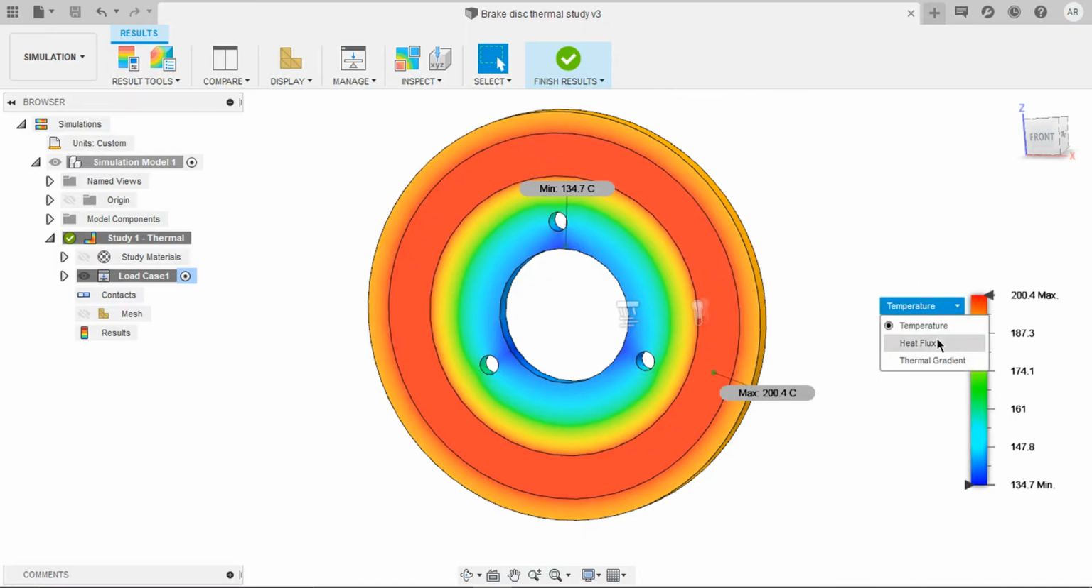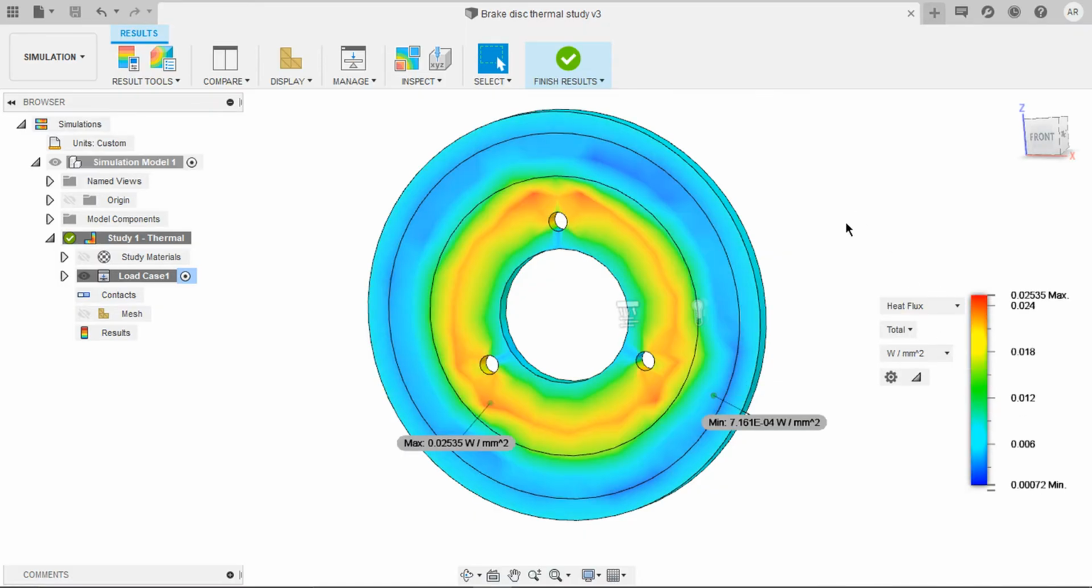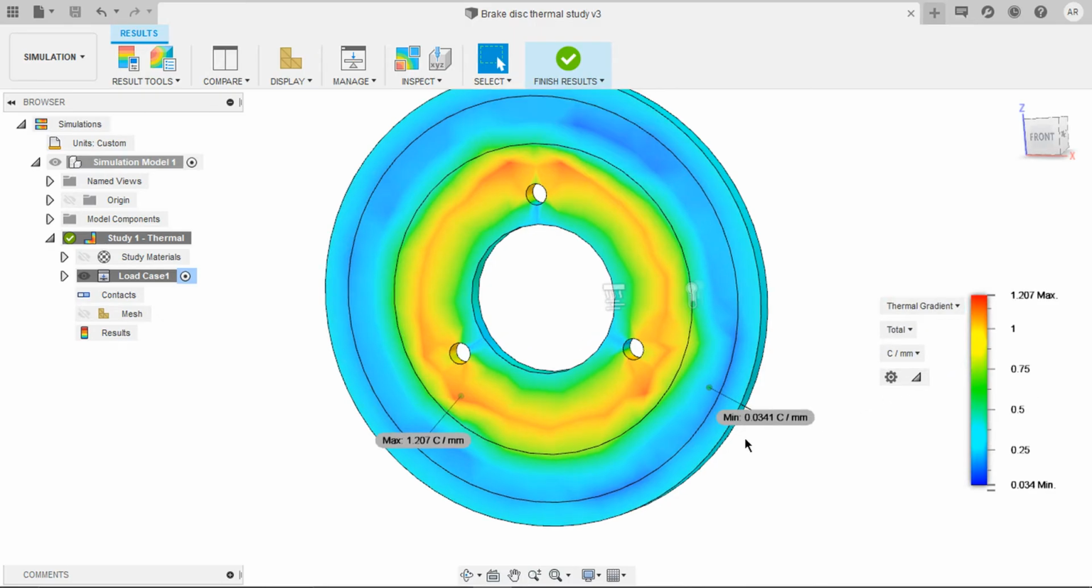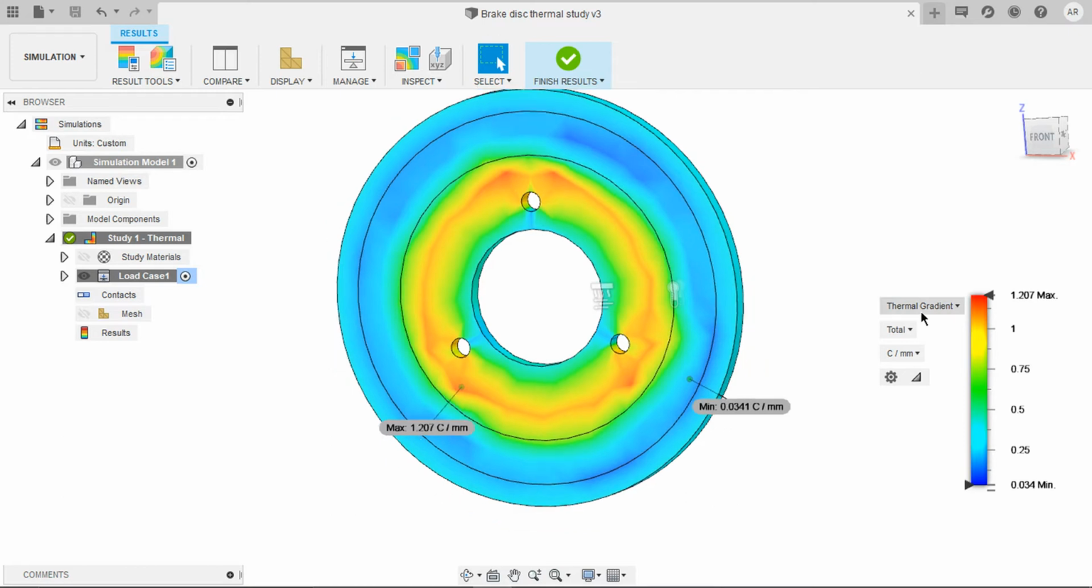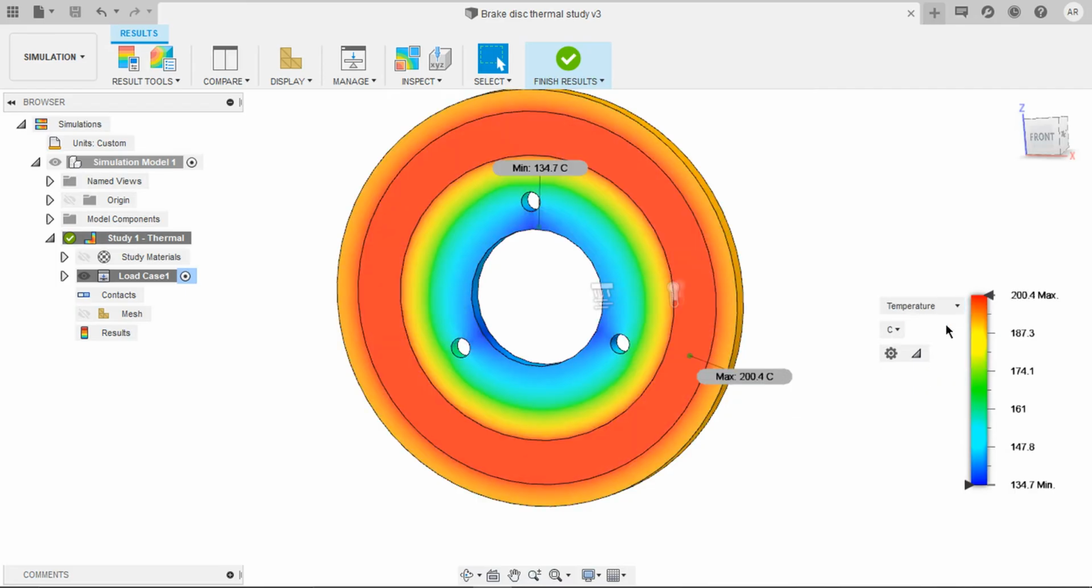And here we have heat flux and temperature gradient. Coming to heat flux, the minimum value we got is considerably less, that is 0.007, and the maximum is 0.02. Coming to temperature gradient, the minimum is 0.03 centigrade per mm and the maximum is 1.2 centigrade per mm. Perfect guys. If you take a closer look at temperature,